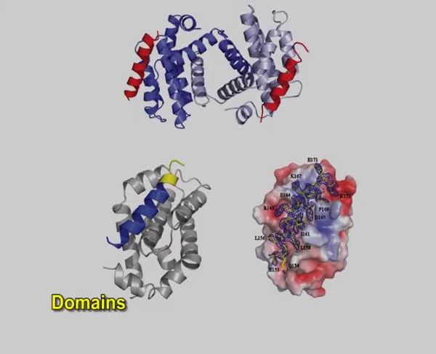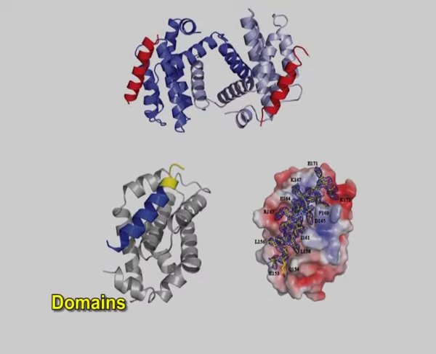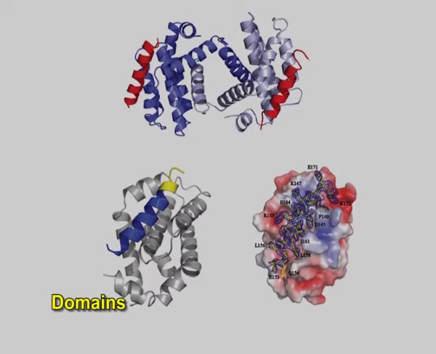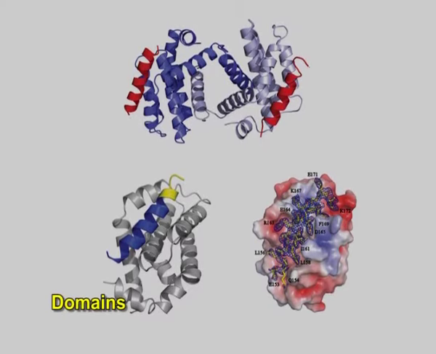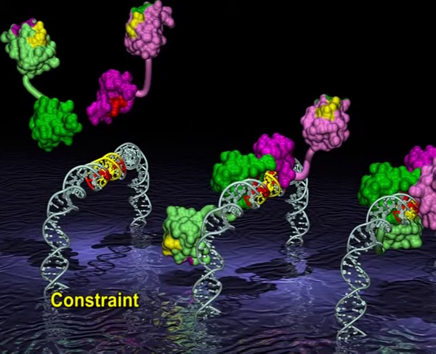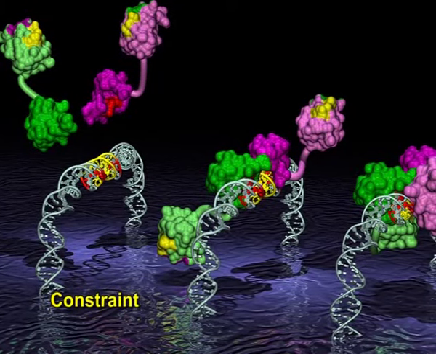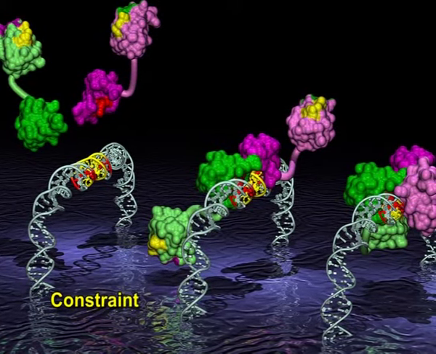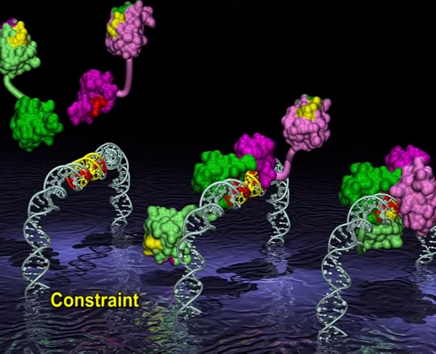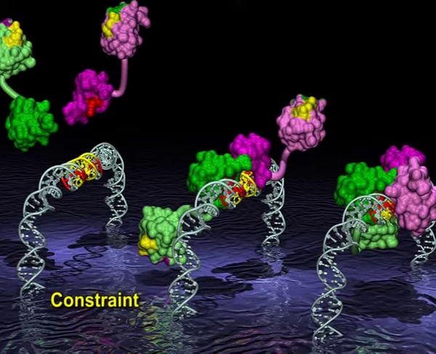Now, important definitions related to homology modeling. To understand homology modeling, there are certain terms which one has to understand. These are: first, domain. It is an independent structural unit which can be found alone or in conjunction with other domains. The domains are evolutionarily related. Second is constraint. This is a requirement that the system is forced to satisfy. For example, in a constraint, bonds or angles are forced to adopt a specified value throughout the simulations.